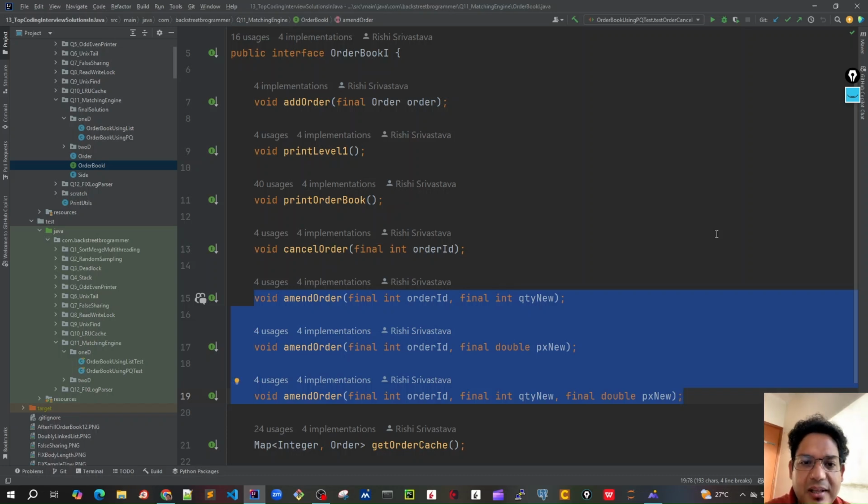Good morning, friends. Let's implement amendment of orders using PriorityQueue. So we have got this interface before, OrderBookI, where we have implemented adding an order, matching an order, cancellation of order in the previous video. And in this video, we will do amendment of orders, where we have got three methods here, as you can